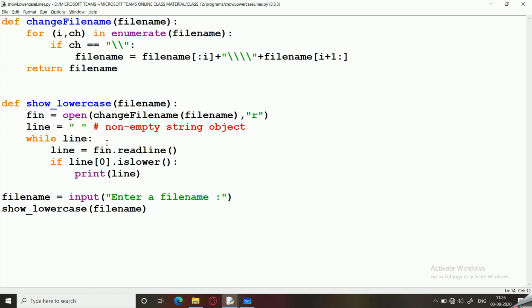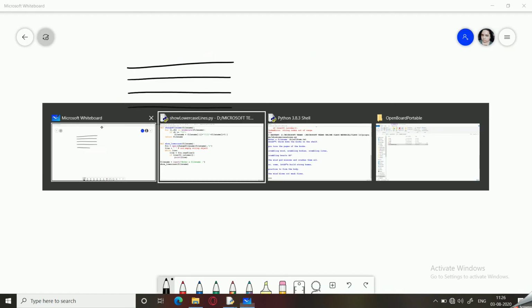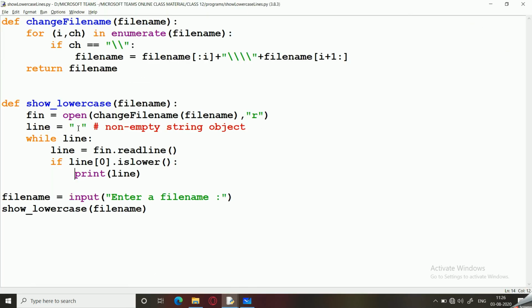So what happened in this case was, when this is read while line, in the beginning we can see that line is already non-empty. So when it checks this condition, the condition is true, that is it is non-empty.